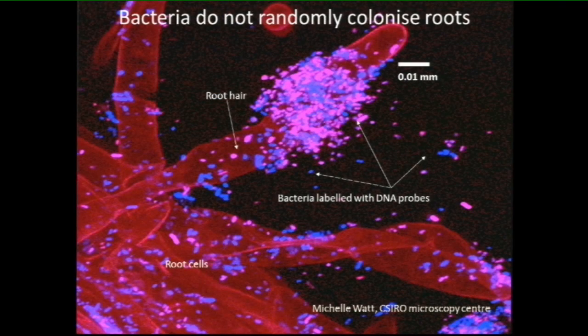But if you look at the microbes on roots or on plants, it's not just that randomly all the bacteria come along and eat this food. The colonization of plants by bacteria is quite specific. The species diversity on root surfaces is actually a lot lower than the species diversity in the soil, even though the concentration of microbes is a lot higher. You can see here a picture of root hairs colonized by microbes, and different genera of microbes are labeled with different colors. So you can see they are spatially in specific places, and there are also certain groups of microbes.